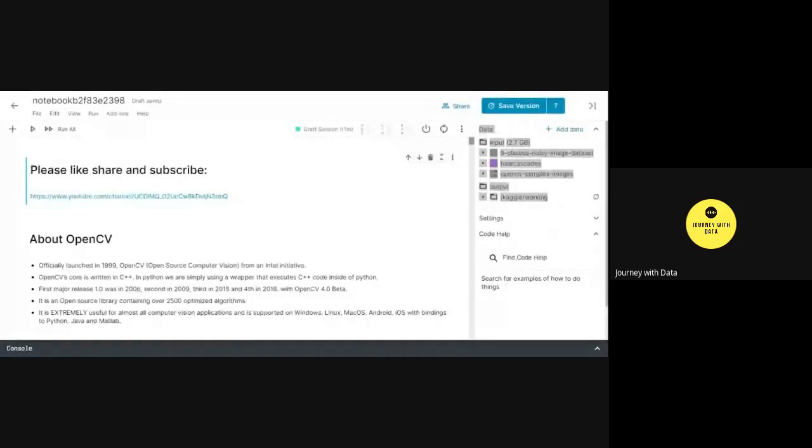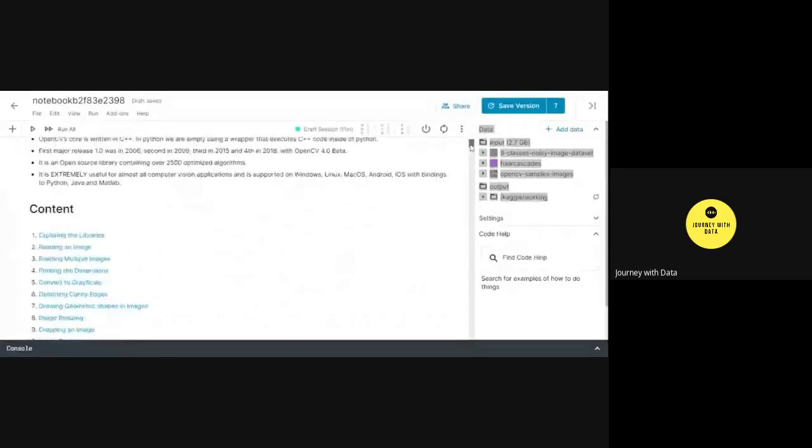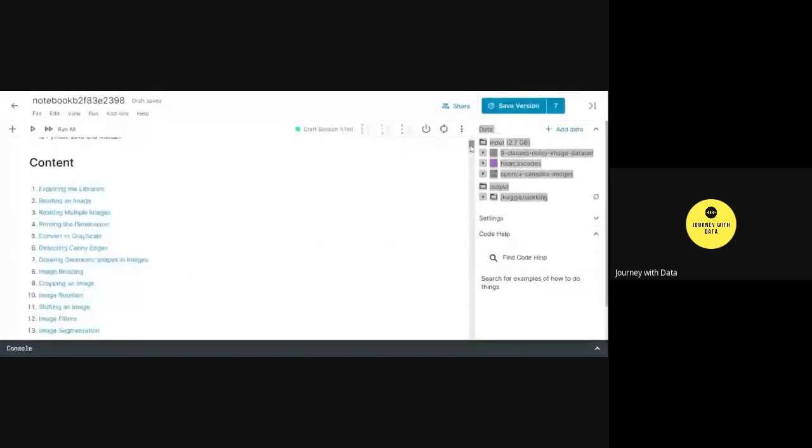So that's the basics of OpenCV, and today we'll be exploring how to read an image, how to read multiple images, printing the dimensions, converting a colored image to grayscale, detecting some edges, drawing certain shapes, resizing, and certain more transformations.